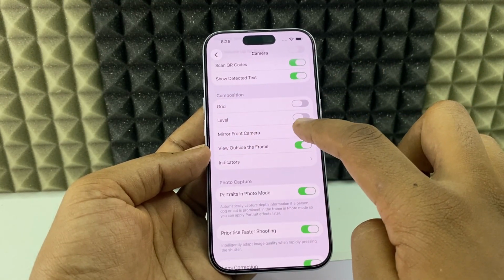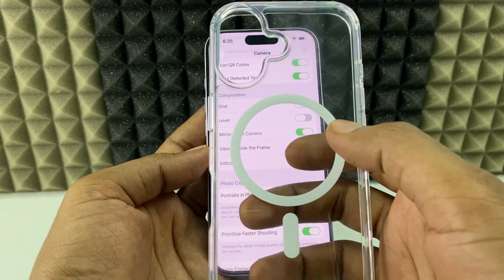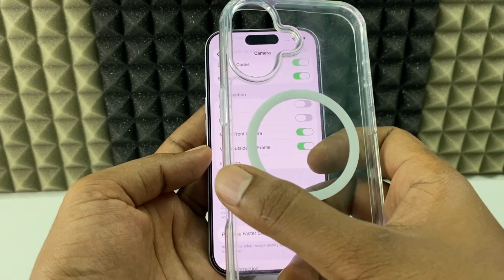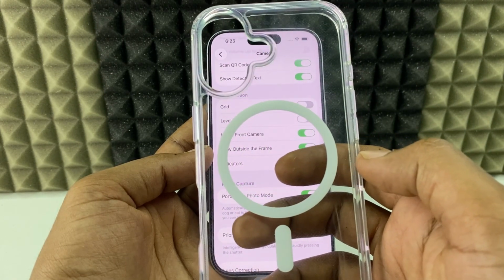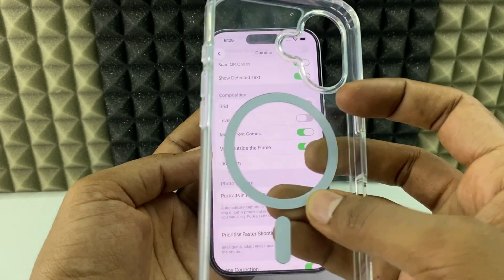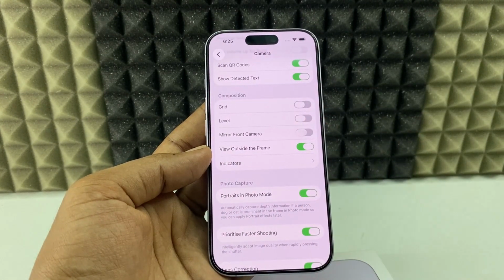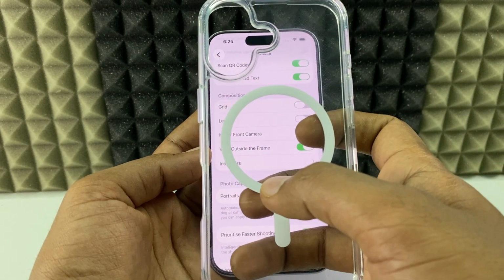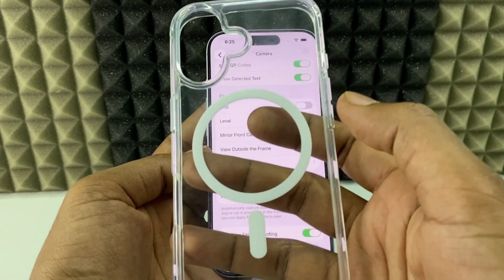If this option is turned on, for example, if you take a selfie like this, the left-hand side will be the same as left and the right-hand side will be the same as right. It will not reverse the image like this. So if you want to do that, just toggle this off. After this, if you take a photo, the left will be converted into right and the right will be